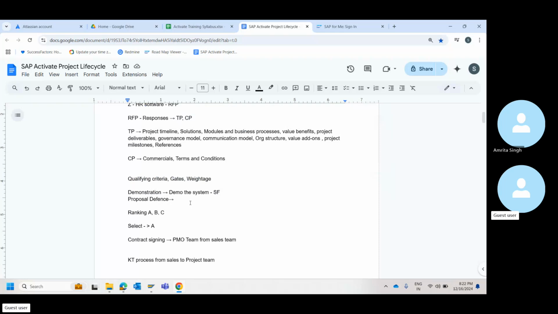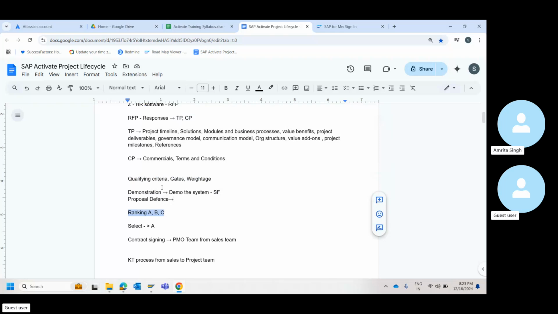How is your solution going to cover my need of doing a backdated payroll? Some questions they will have. So you will have to defend the proposals or answers that you have given against their RFP. This is called proposal defense. This is also one level of thing that can happen. Based on all these factors only, they'll start ranking.